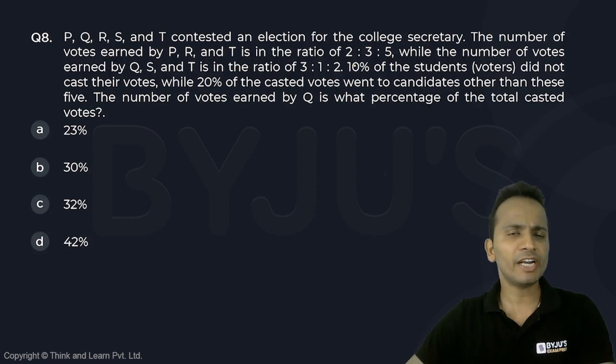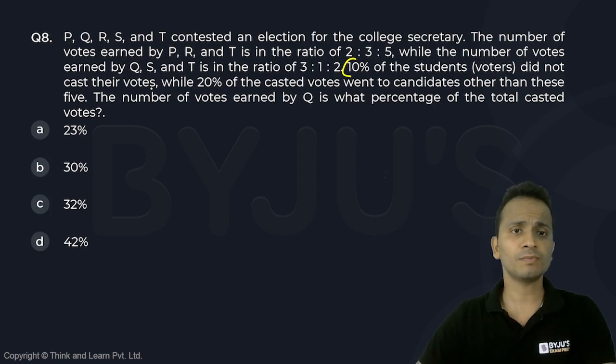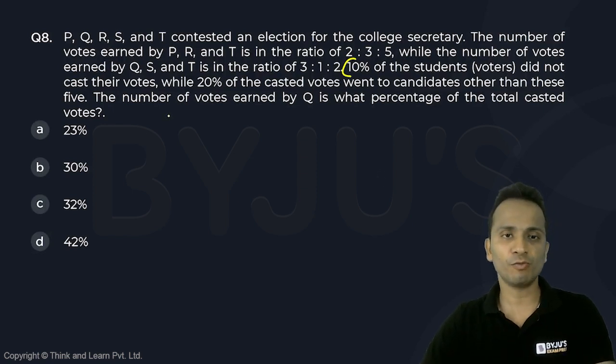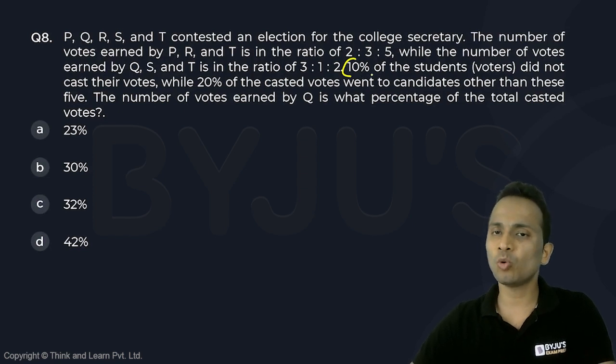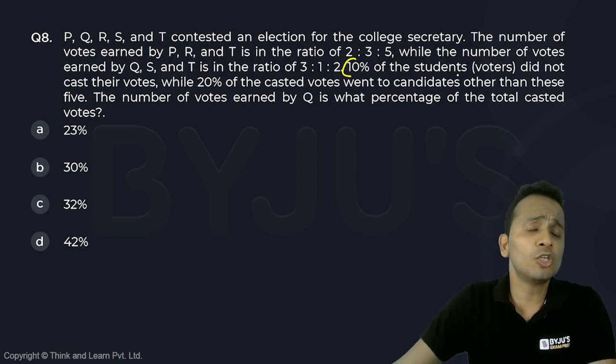Also, if you have read this question carefully, you are given that 10% of the students did not cast their vote, and among the total votes which are casted, 20% went to the candidates other than these five. All right. So basically, these five constitute 80% of the casted votes. All right. And then we can find out the total number of students as well, or the total number of